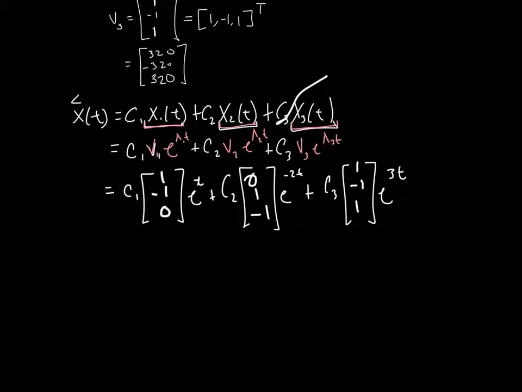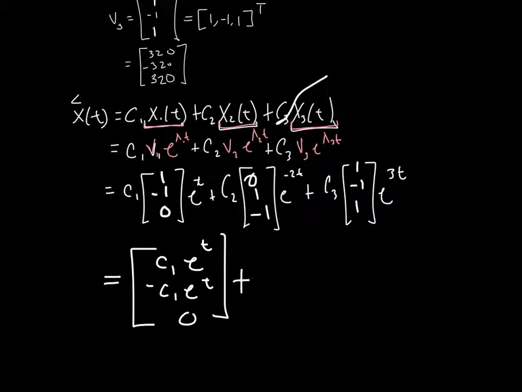Let's distribute the C1 in there. We can rewrite this as C1 e to the t, negative C1 e to the t, and then 0, plus 0 C2 e to the negative 2t,